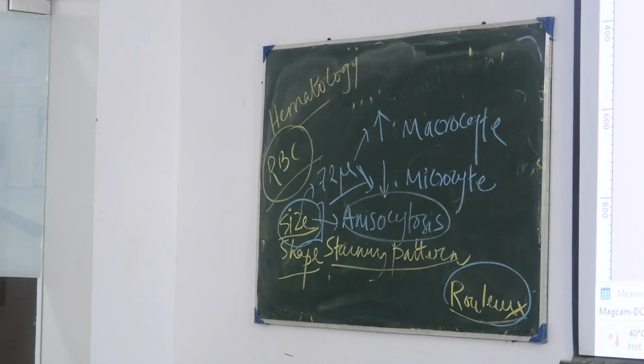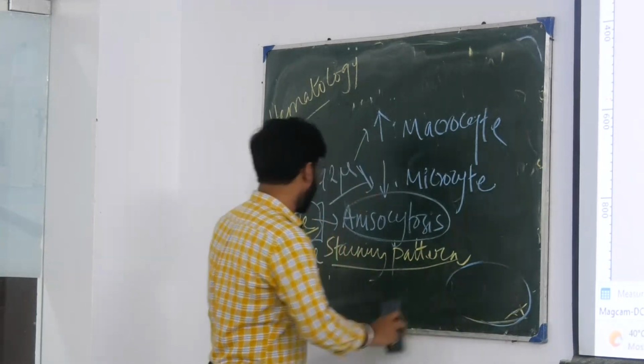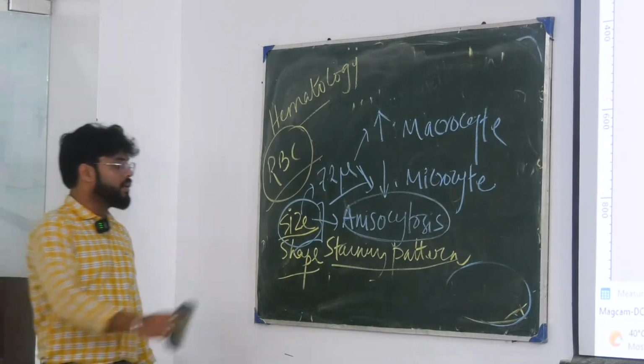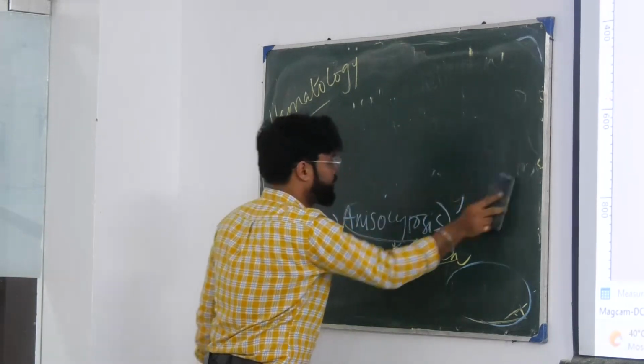Most commonly we can find the rouleau in multiple myeloma, plasma cell dyscrasias, and different types of inflammatory conditions. If there is a mismatch between the amount of blood and the EDTA vial, that is the anticoagulant, or if there is ongoing agglutination in the blood, then there will be more rouleau formation. Okay. So you can identify the rouleau, you can identify the immature RBC, that is reticulocyte, and the variation of sizes. Now the variation of shape